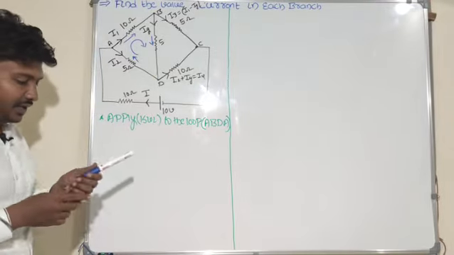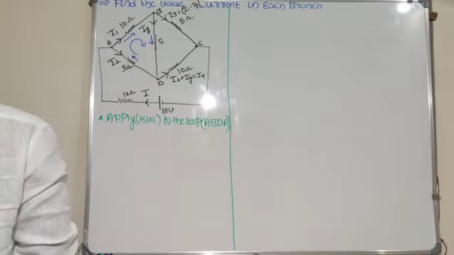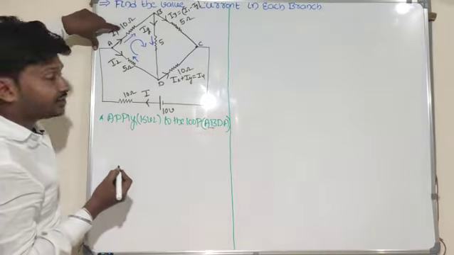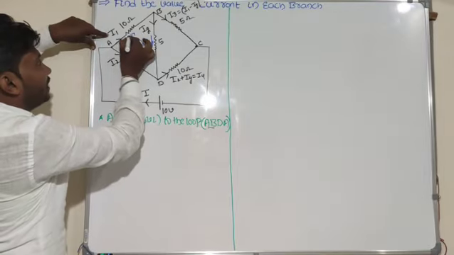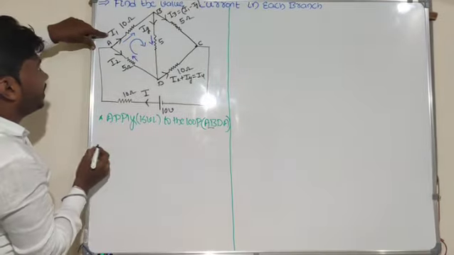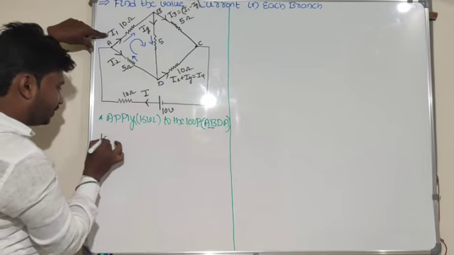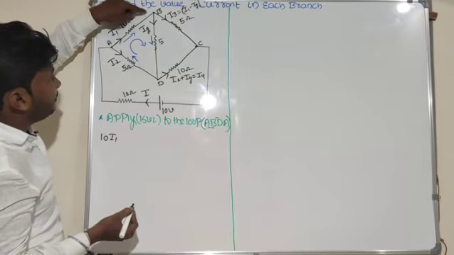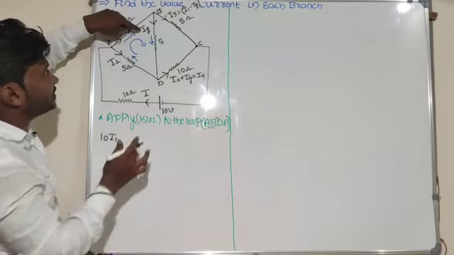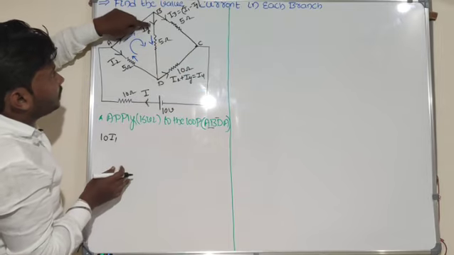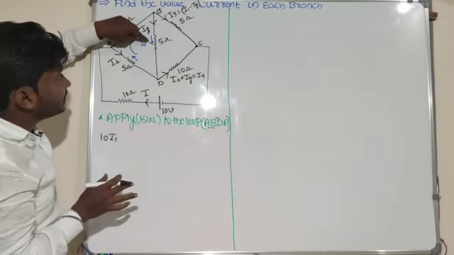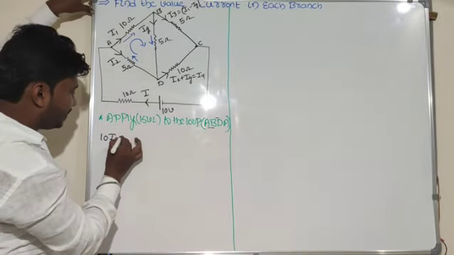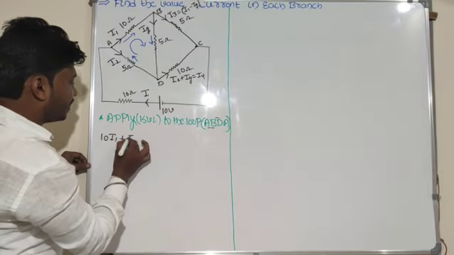Now I can take the IR products here. For example, between terminals A and B, resistance is 10 ohm, current is I1, actual current and imaginary line are both in the same direction. I can take this as positive here, 10 I1. A to B is over. Next one, B to D. In that B to D, resistance 5 ohm is there, current is IG. This is the direction of actual current and this is the imaginary line. Both are in the same direction here, which means I can take the IR product as positive.